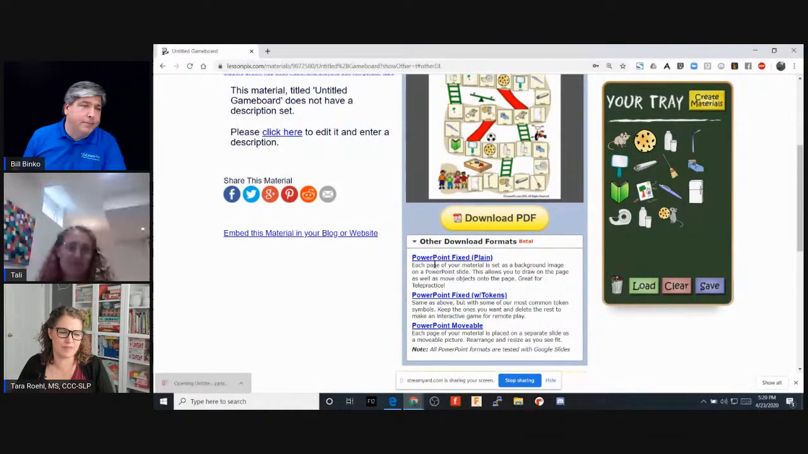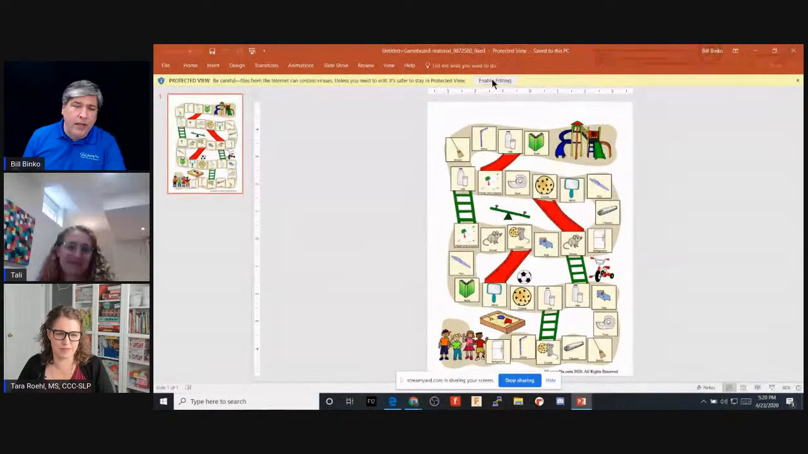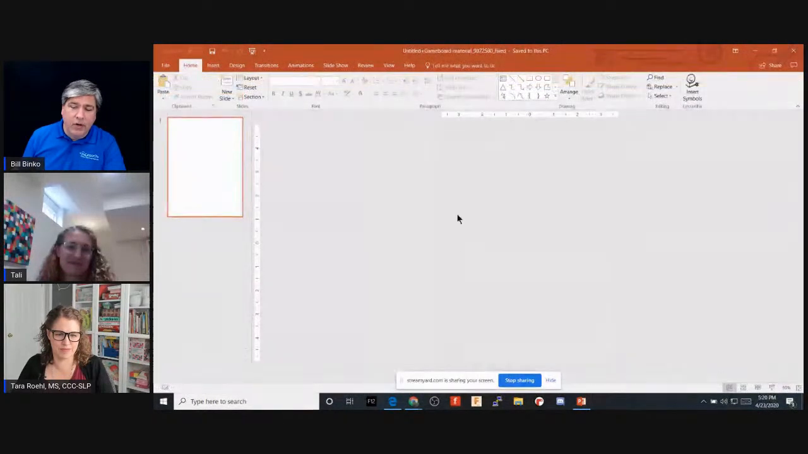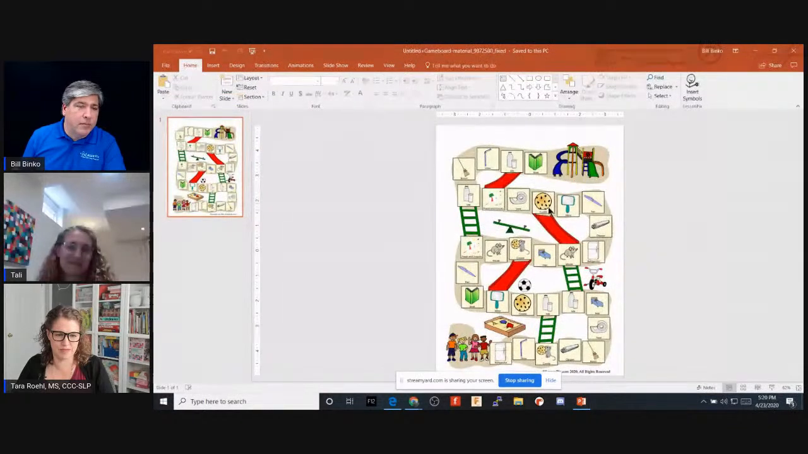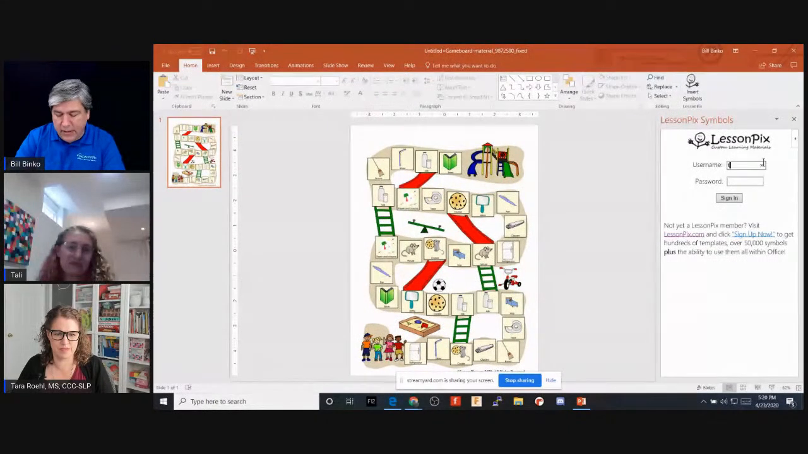And when I open it, it's going to open up in PowerPoint. And I'm going to hit Enable Editing. Now, it doesn't have all the tokens on the side for kids to move because what I'm going to do is I'm going to open up Insert Symbols, which is my new add-in. And when I log in as the test user, which I'm logged in as,